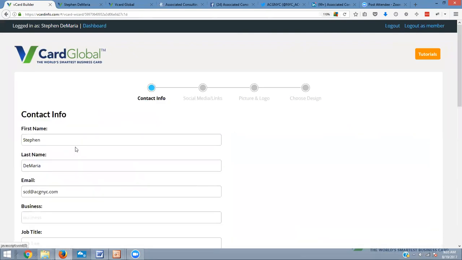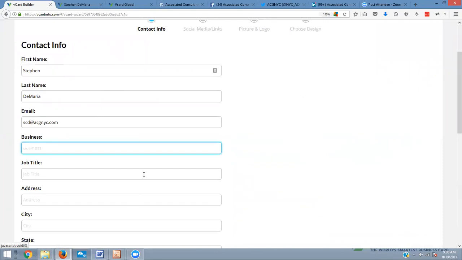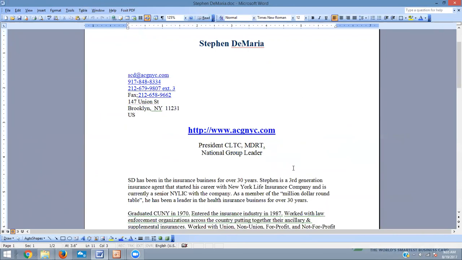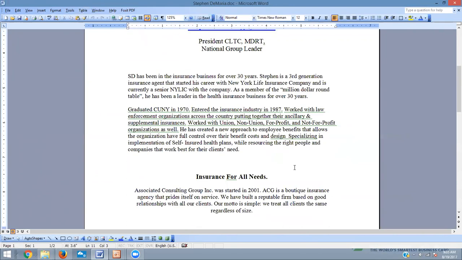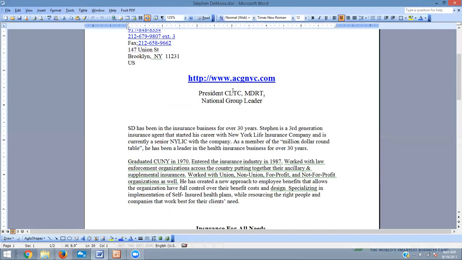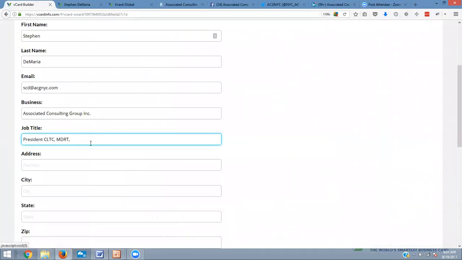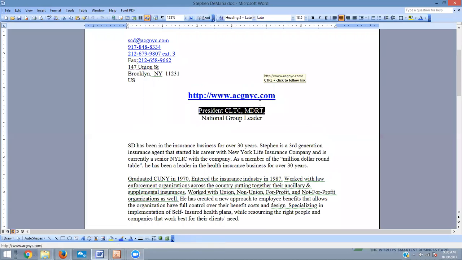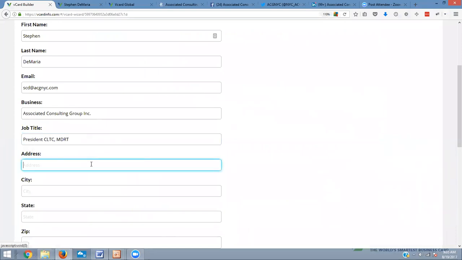We'll get started here. And we've got Stephen's information here. And I'm going to copy and paste. I've got a Word doc here where I've written down a number of things so I can copy this in. So let's copy in the name of his company here, the Associated Consulting Group. And we will copy over his title as well. And then we will copy over his address. There we go. Union Street,